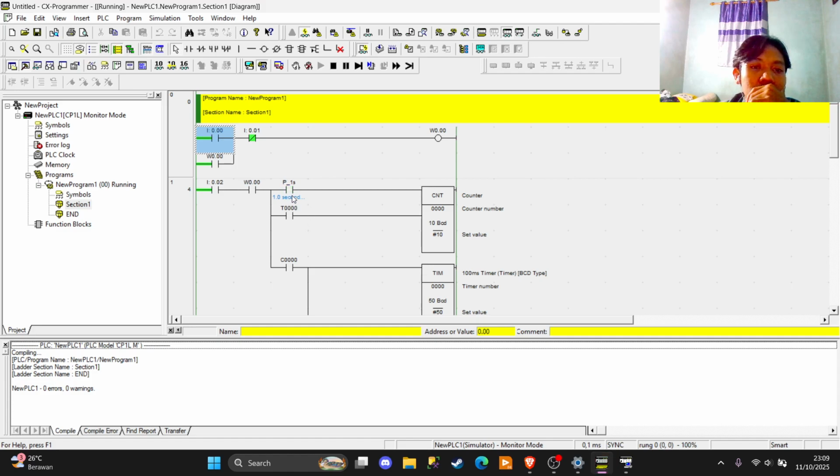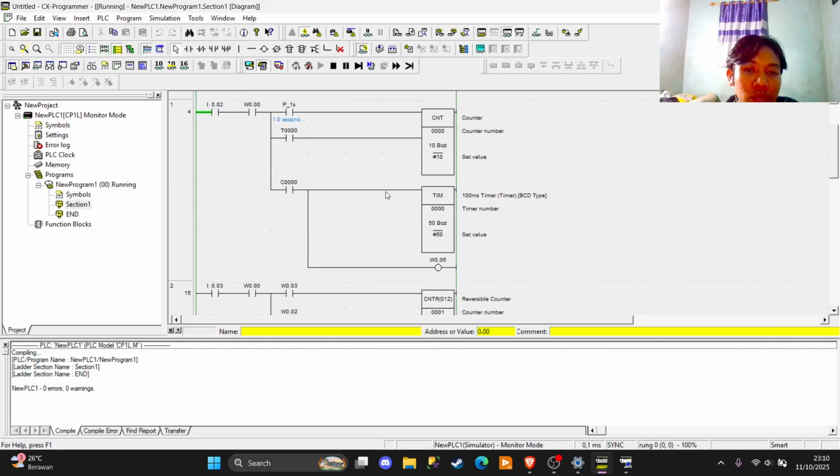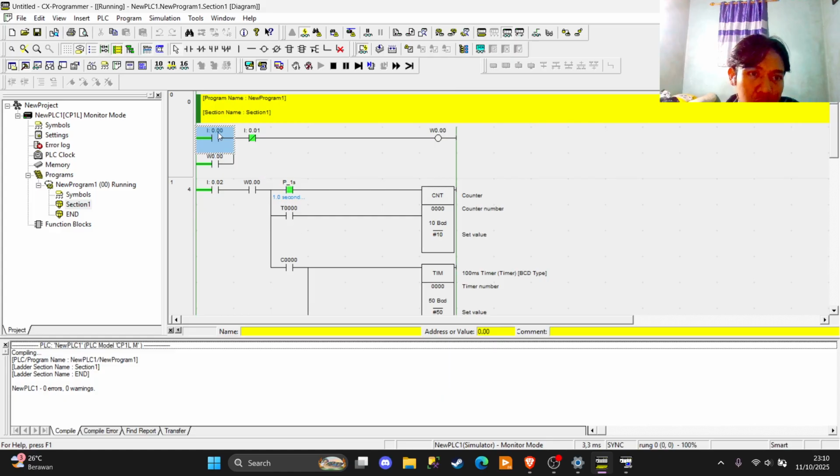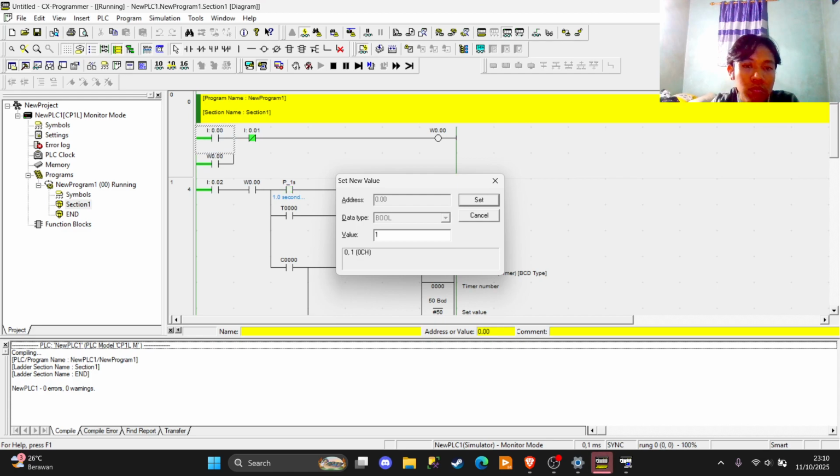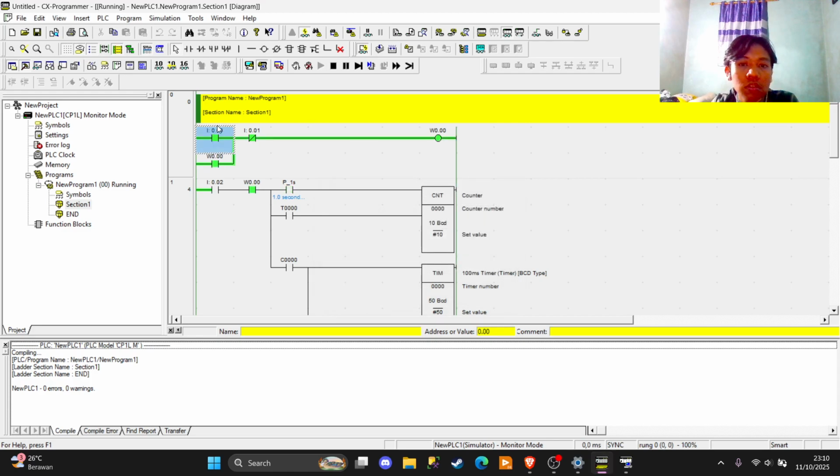So you can see this blinking every 1 second. That means this component will count about 10 times until the end, and we'll go to the output from the timer here. So we're gonna enter this first one, and then we push the button.